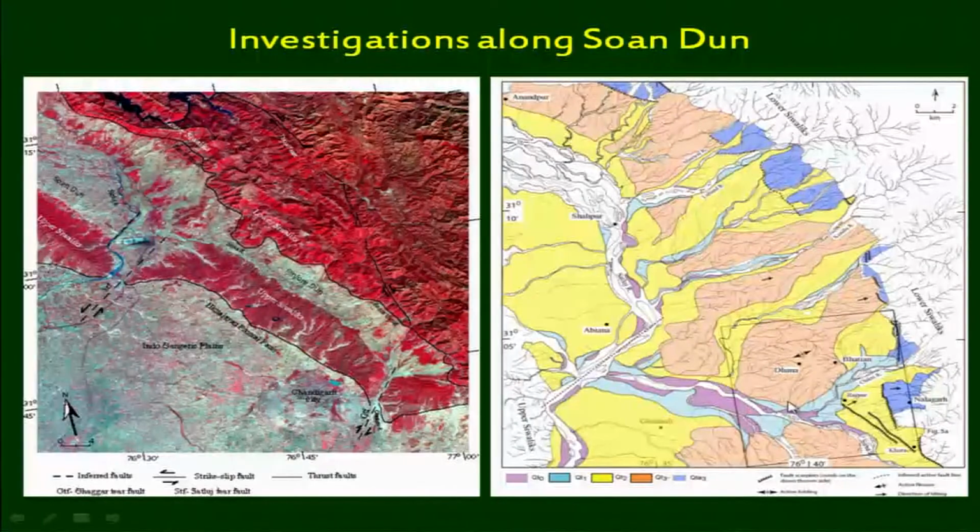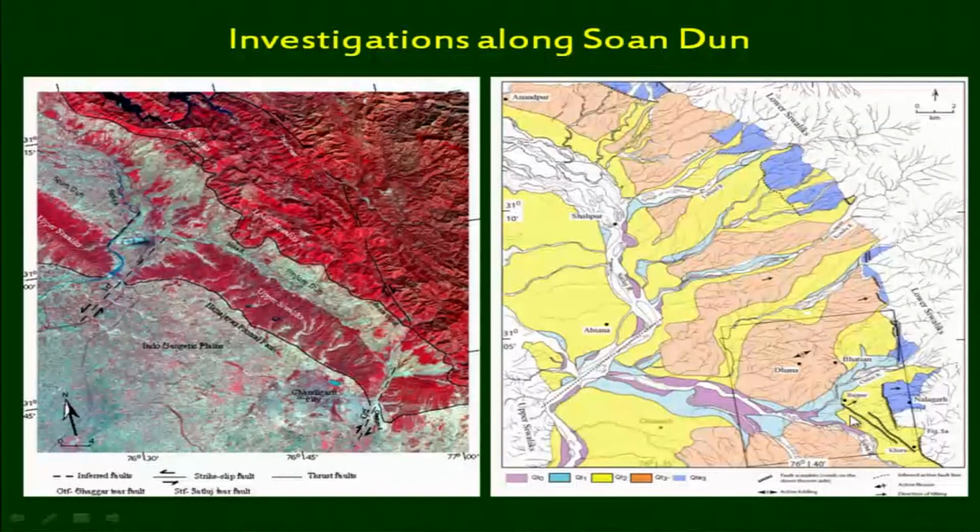So active folding is taking place, along with a fault here which has not been marked, and then in some locations what we see is this active flexure. Active flexure has been shown here, and this symbol is an active fault, and these are all thrust faults. The symbol which has been shown with the comb on this side means that this portion of the surface is down and this portion is up. So this is a thrust fault